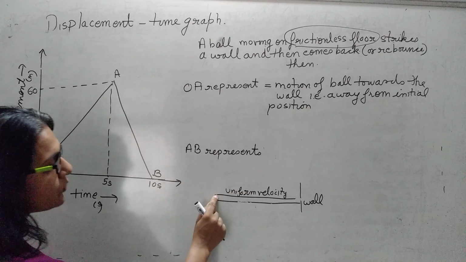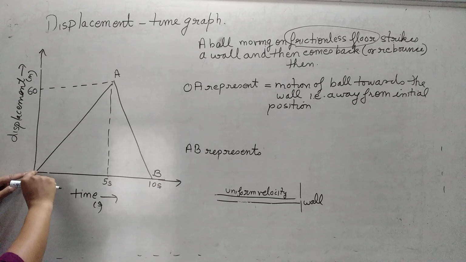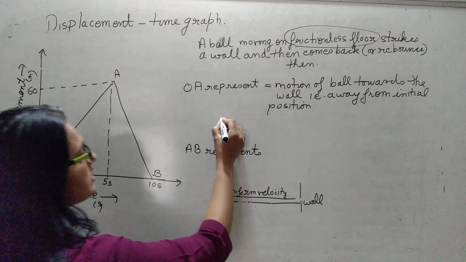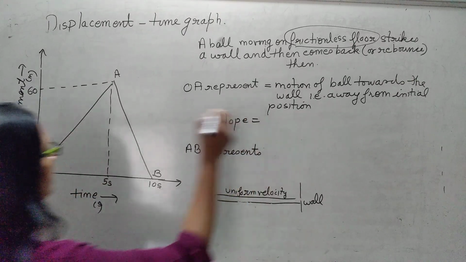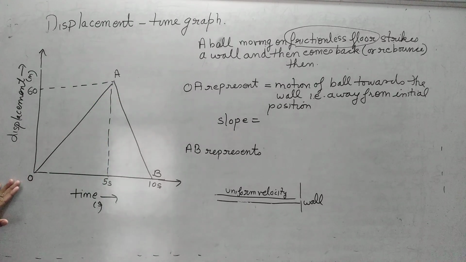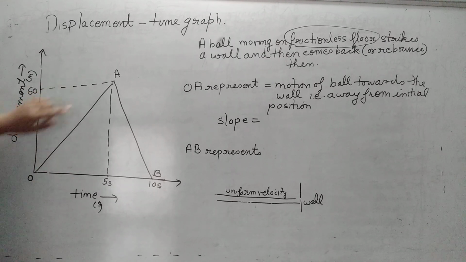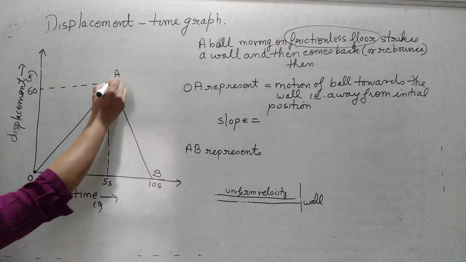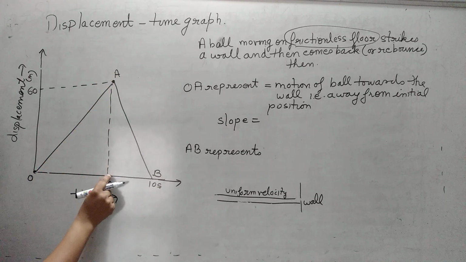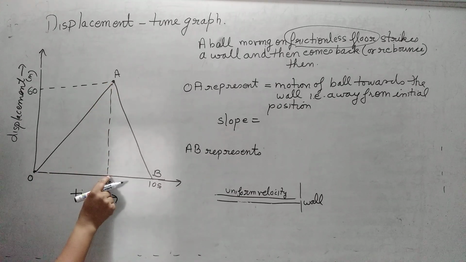On a frictionless floor, the body always moves with uniform velocity, and on the displacement time graph, uniform velocity is represented like this. Now what will its slope be? What is the slope? Why are we finding the slope? So that we can come to know about velocity. In the displacement time graph, the slope tells us the velocity. So what is the slope? We take this point O, we take this point A. From here we made a right angle triangle. What will the slope be? Vertical height divided by horizontal base.